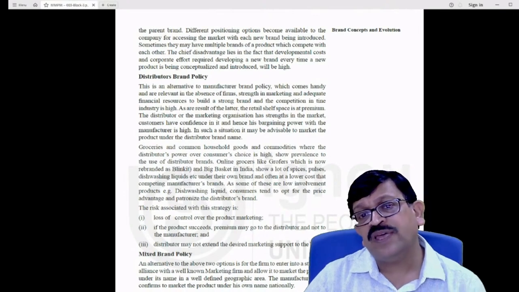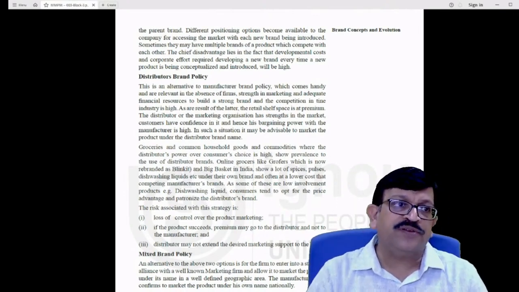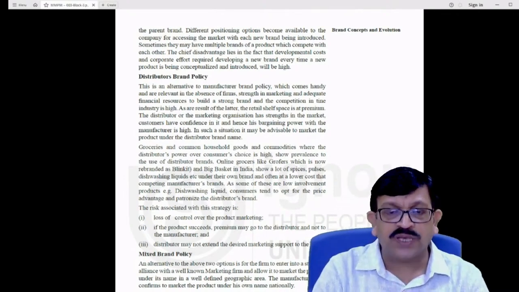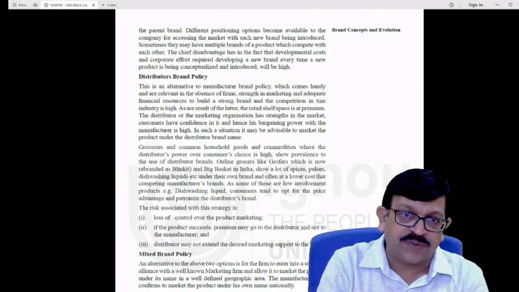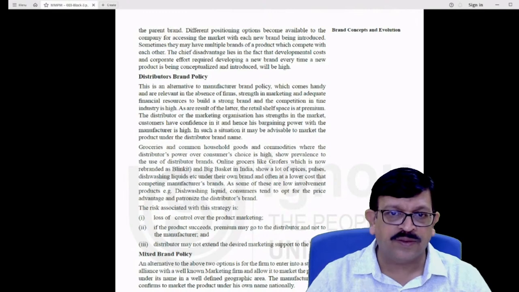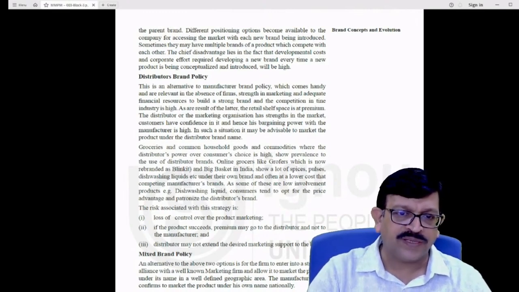In this, what happens is their success is primarily driven by the products that they showcase. So the products that they showcase in this case would be the manufacturer's brand. So how strong that manufacturer brand is, based on that, their reputation is based.